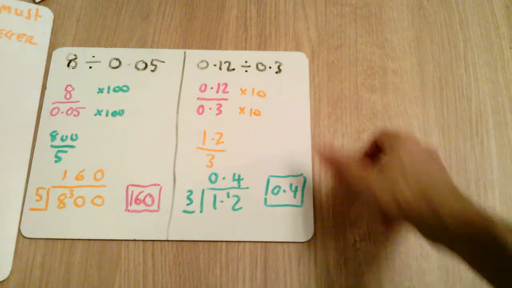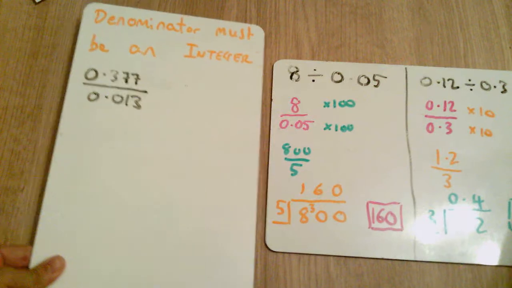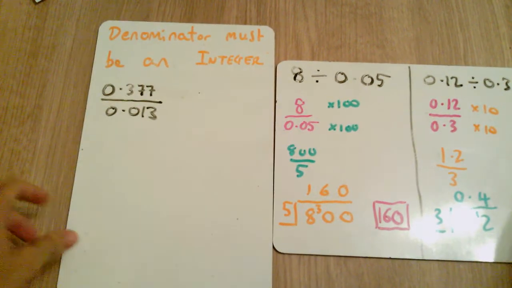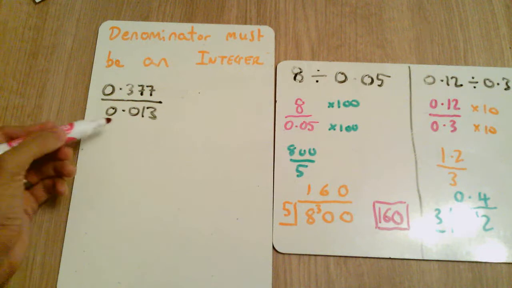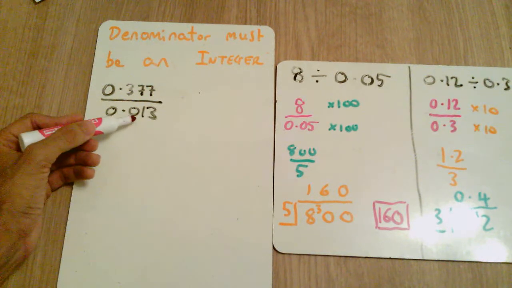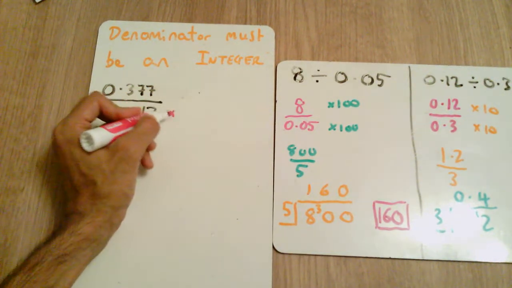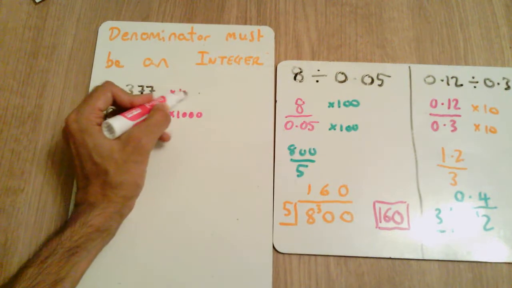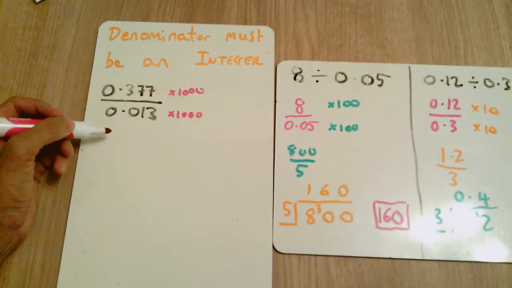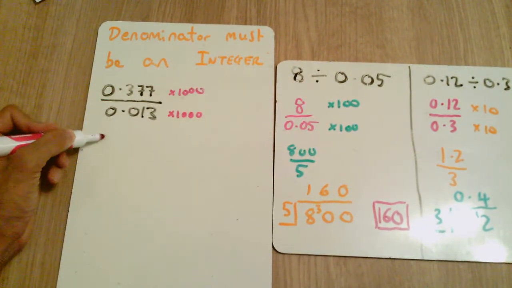We have the calculation here of 0.377 divided by 0.13. And the key thing to take home from this, as we said, is that the denominator must be an integer. Now, for this, to make this an integer over here, I can't times it by 10 or 100. It needs to be multiplied by 1,000. And same thing over here, 1,000. That's going to give me as my numerator a value of